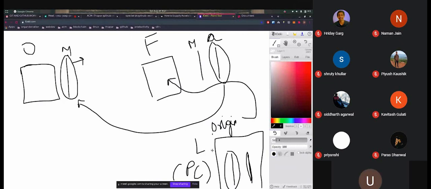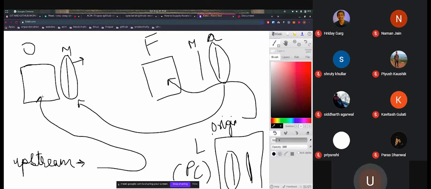Now, what we will do is, we will create a new remote locally by the name of upstream. This is the convention that we follow. You can use any name. Okay. So we will create a new remote locally that will point towards this repository.